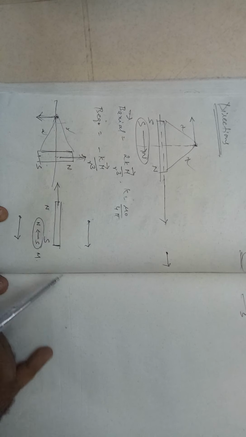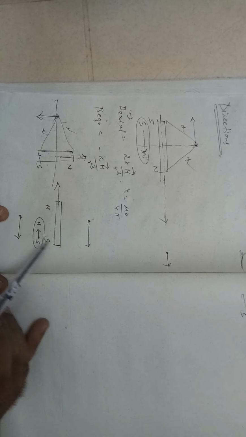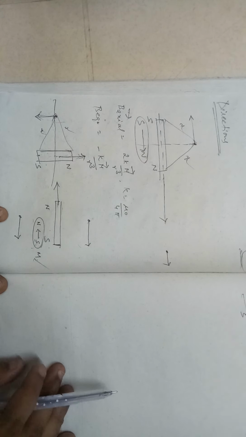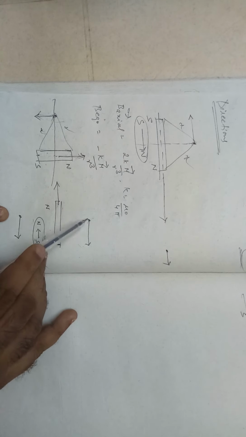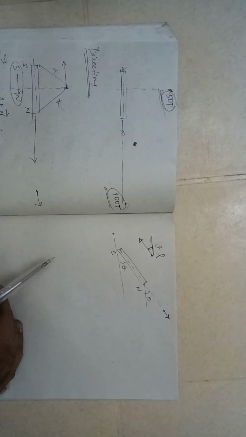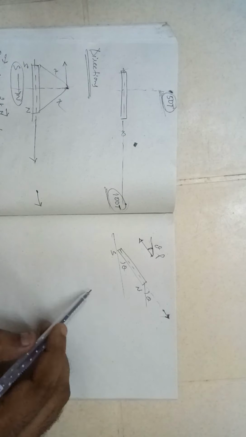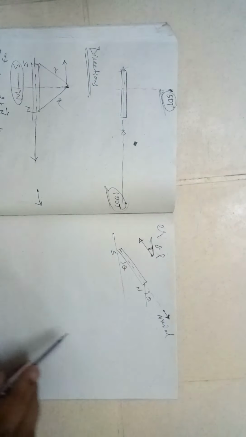So if I reverse the polarity, this is north, this is south, the actual direction will be in this direction. South to north will be my m direction. And what will be my equatorial direction? It will be from left to right, as shown in the diagram. If I incline it north south like this, so this is the direction of axial, this is my axial and this is my equatorial.